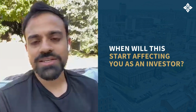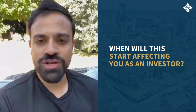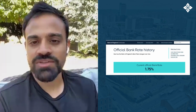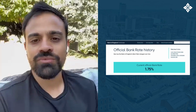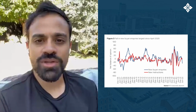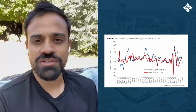One thing to realise is that there is going to be a time lag between when the base rates increase and when these impacts take place. The base rates in the UK increased at the beginning of this year, and we still haven't really seen the market starting to reduce. The demand is still very high, and I think that's because it's usually between a 12 to 18 month period,